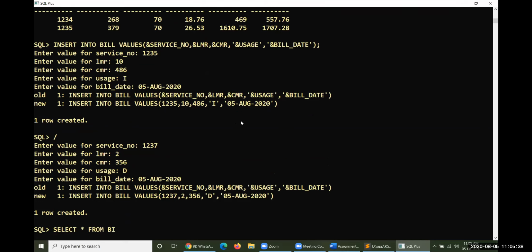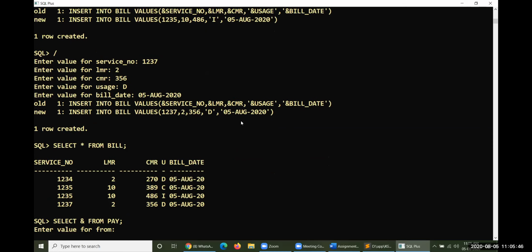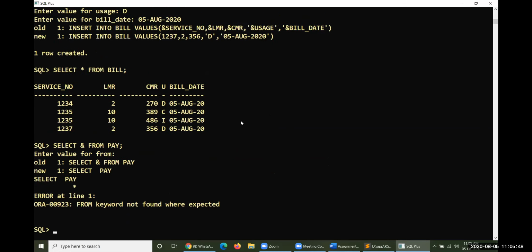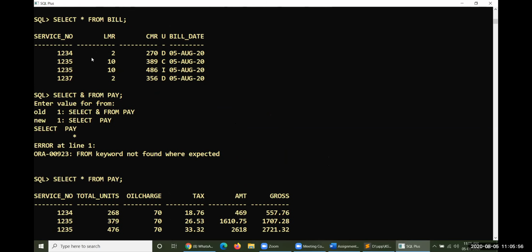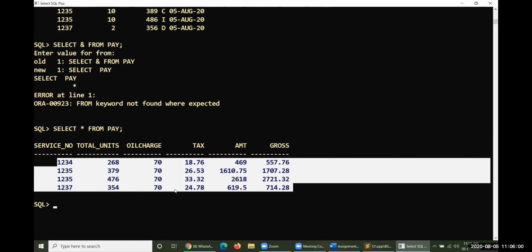Select everything from bill and select everything from pay. This is the bill's data and this is the pay's data. Everything is over.